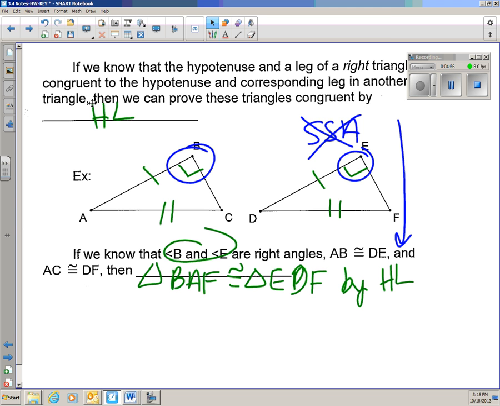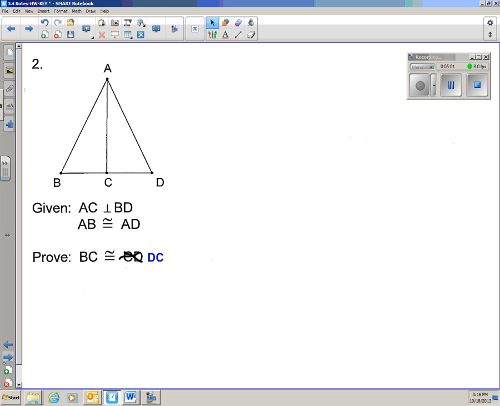Let's take a look at this proof. Alrighty, so,